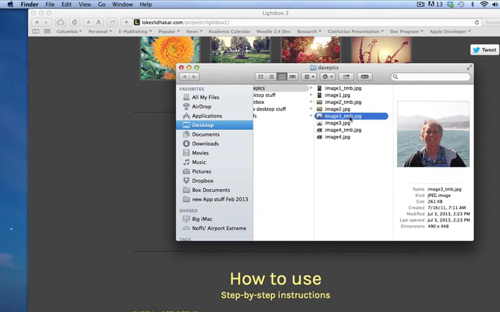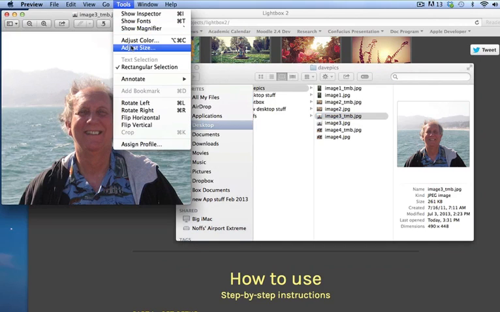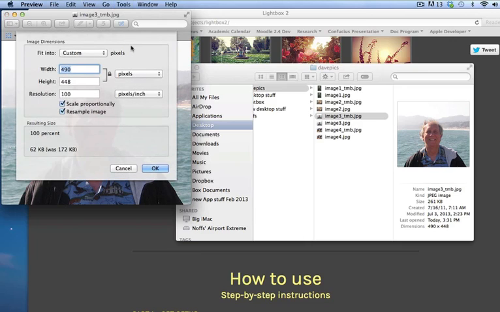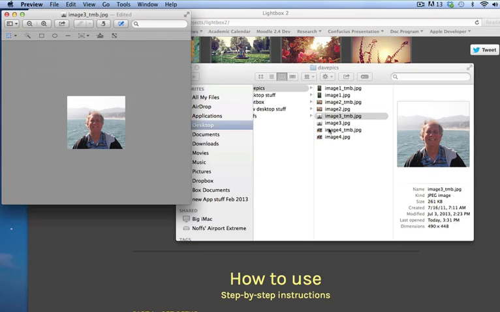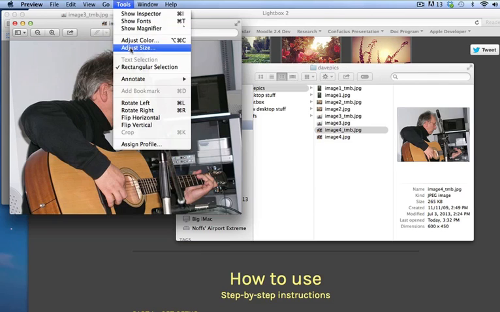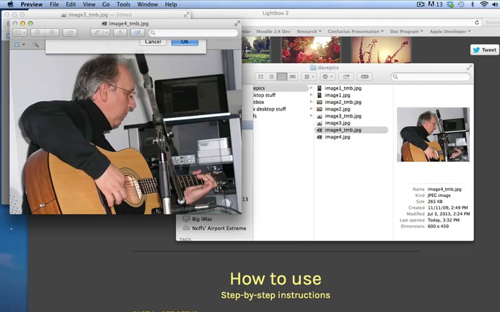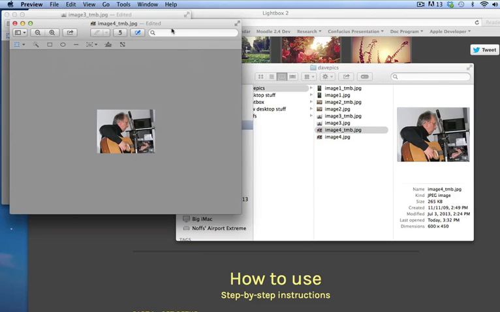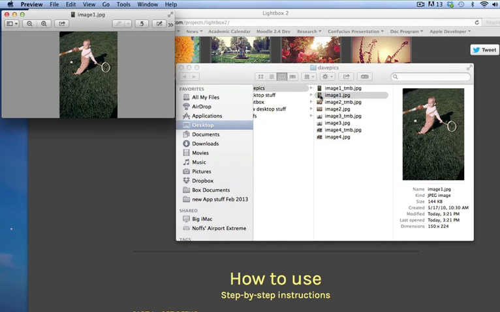I'm going to close that. Image 3. Once again, double click on it. Tools, adjust size. Make that 150. So you get the idea here. And then the last one, image 4. Tools, adjust size. And make that 150. Click OK. And actually, I'm going to go back and open up the image 1 that I want to actually